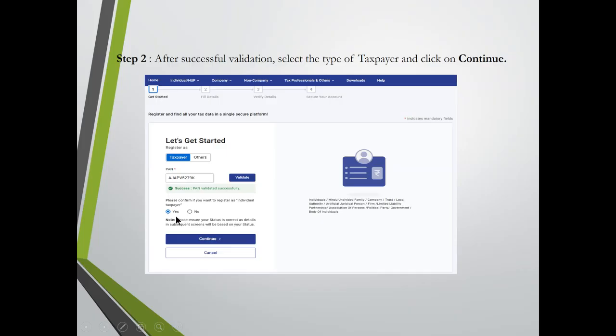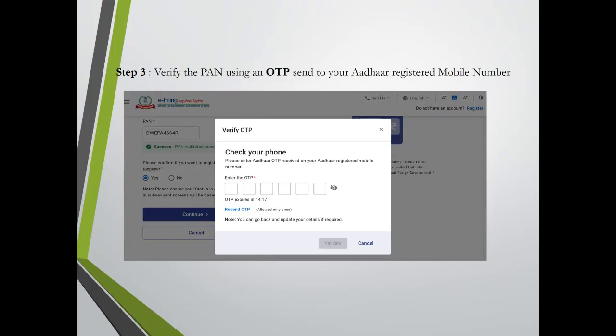After clicking yes, you continue, and the preliminary verification would come. I was mentioning in the previous session also the mandatory linking of your PAN with the Aadhaar. So your Aadhaar should have been linked with the PAN, either at the time of application of the PAN or, for an older PAN,